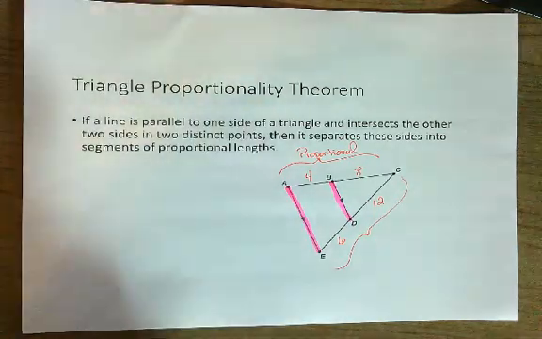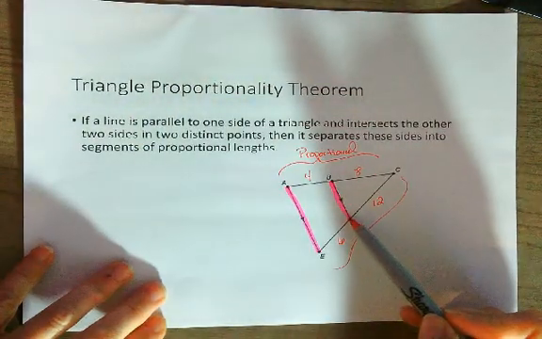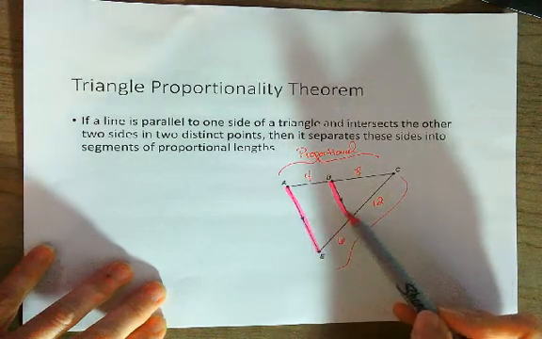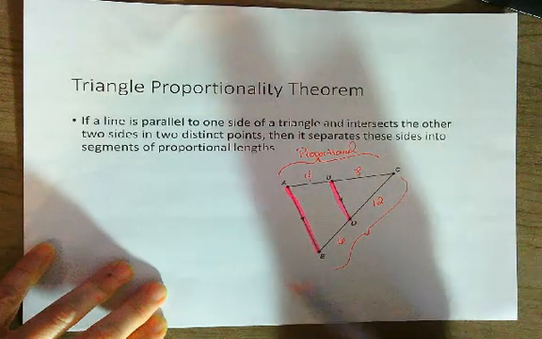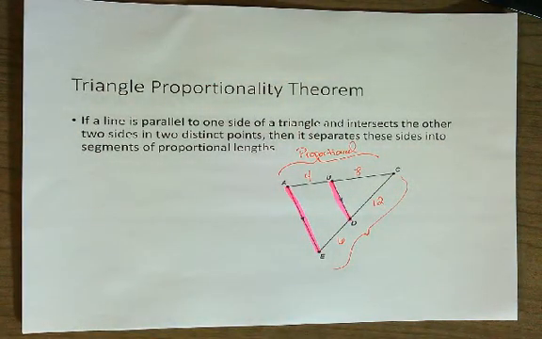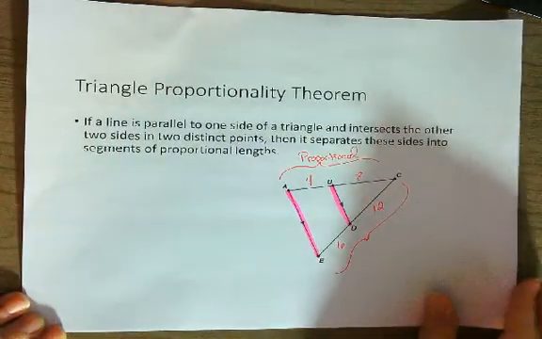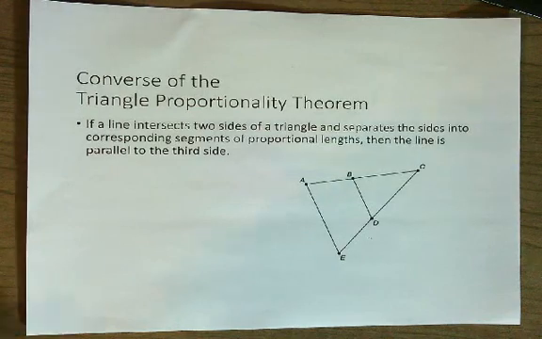Now the proportion itself will be different every time, but it's telling you that the two parallel lines and the intersection create proportional sides. Now, the next one is the converse of that. Now, the converse triangle proportionality theorem states that if a line intersects two sides of a triangle and separates the